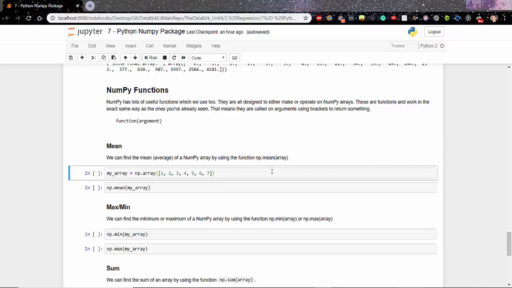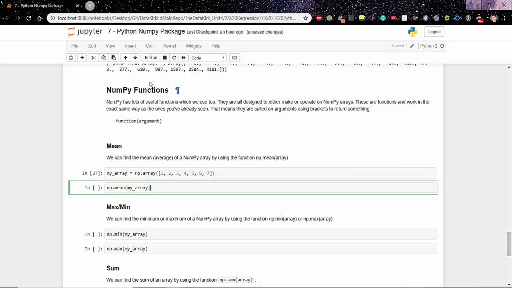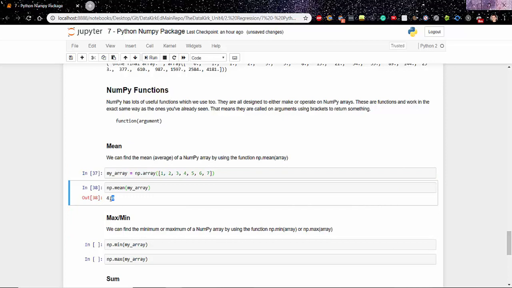So first off, we are going to compute the mean using the NumPy mean function. We're going to call it my_array equals np.array. We're going to have an array of 7 elements, and the mean, what is the mean? The mean is the average of all of the elements. Basically it takes all of the elements and divides them by the number of elements in the array. For example, this is going to be 10, 21, 28 divided by 7. I hope this is the correct count. We're going to compute it. It is 4. So indeed,